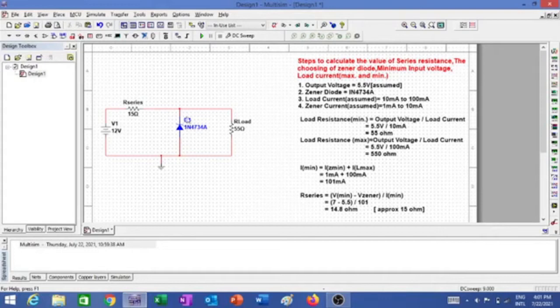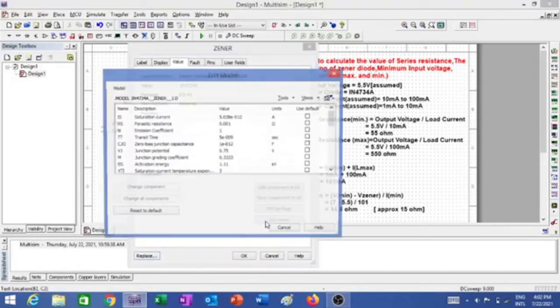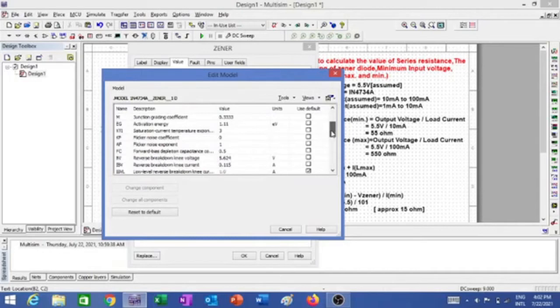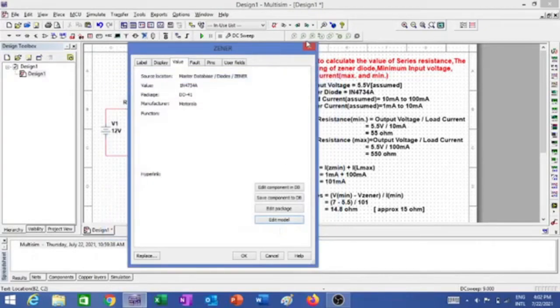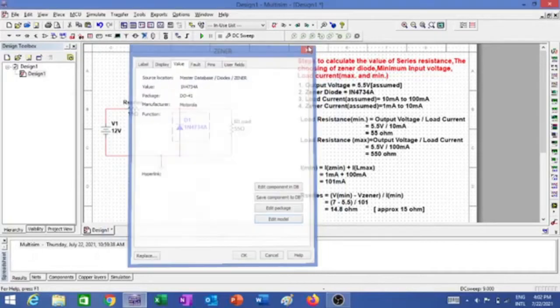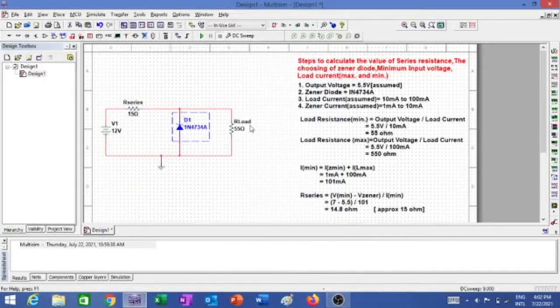So in that regard I have chosen the IN4734A diode, because among a number of diodes this is the one I found very close to my voltage. Let me show you the reverse breakdown knee voltage for that one, so we will have a better idea. You can see the reverse breakdown knee voltage is 5.62 volt, very close to 5.5 volt, so I have chosen this one. It is not going to hamper my output load because this is not that sensitive a circuit. That is the reason why I have chosen this Zener diode among a large number of variants of Zener diodes.